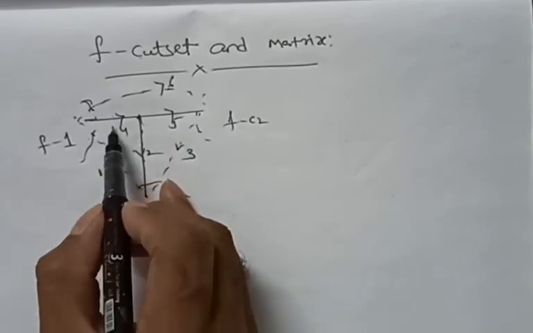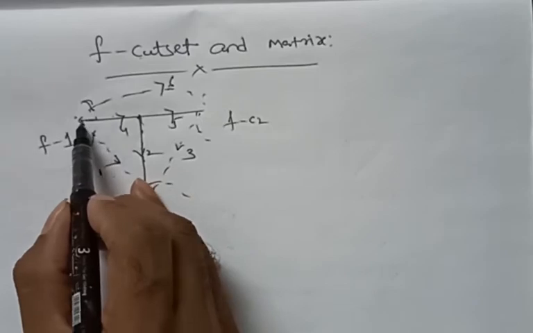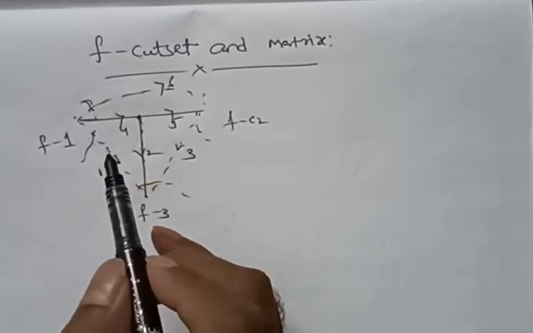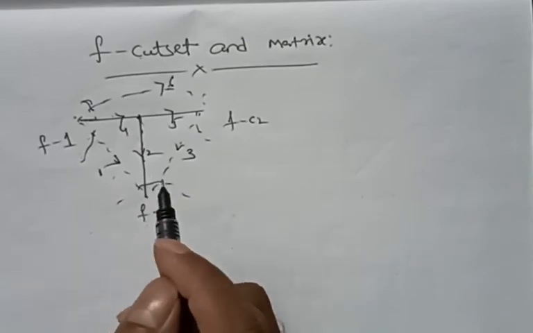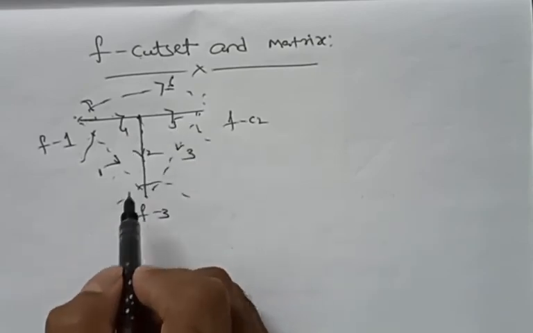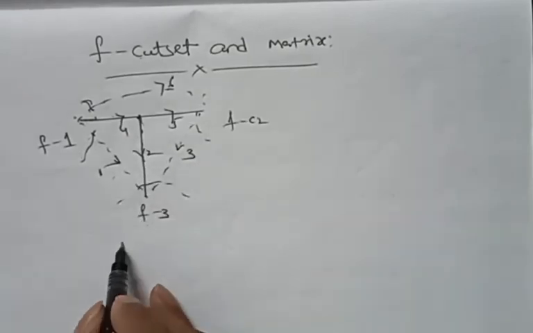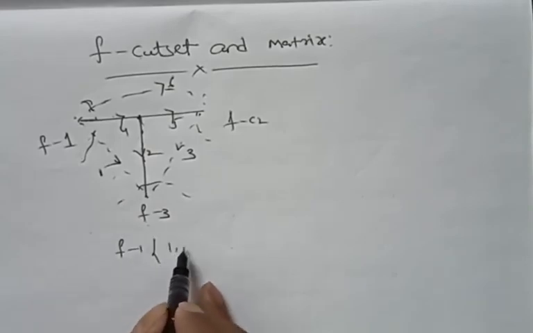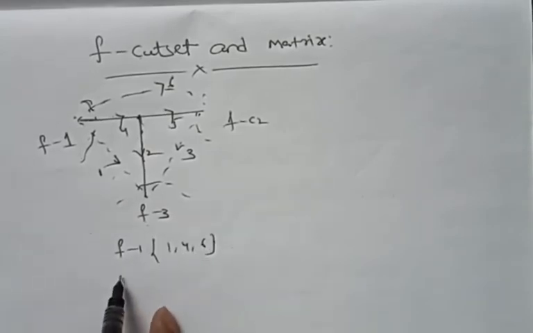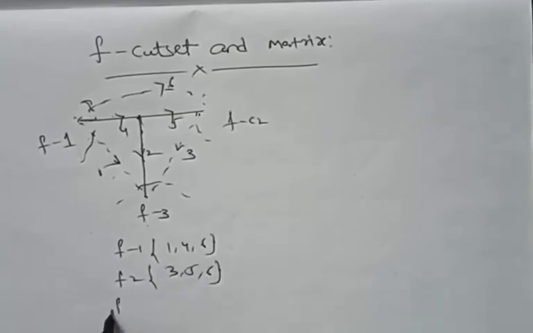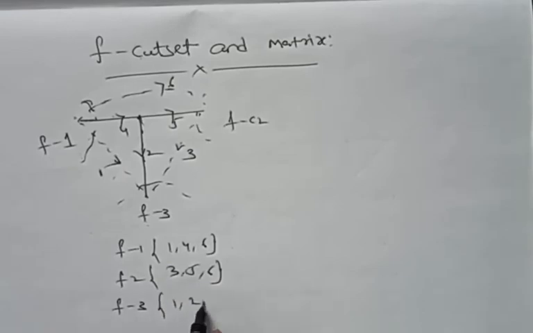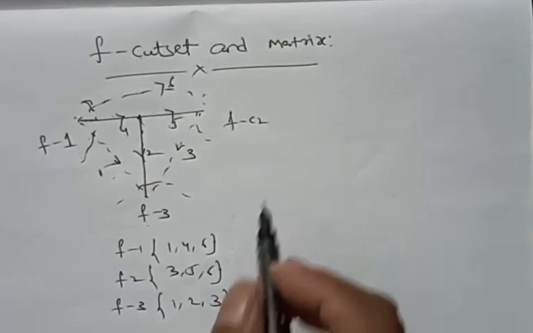If you remove any one of the twigs, the graph will be divided into two parts, meaning a fundamental cut set should contain at least one twig. The remaining branches in the fundamental cut set are links. Fundamental cut set 1 we can form by using 1, 4, 6. Fundamental cut set 2 we can form by using 3, 5, 6. Fundamental cut set 3 we can form by using 1, 2 and 3. Now how can you write the fundamental cut set matrix?